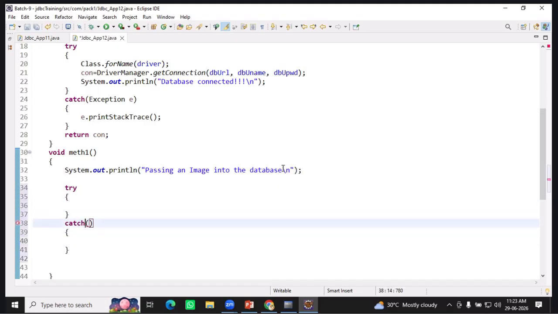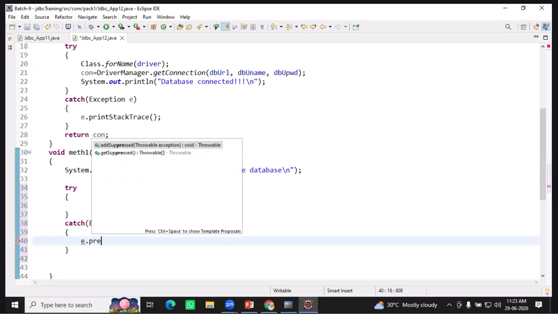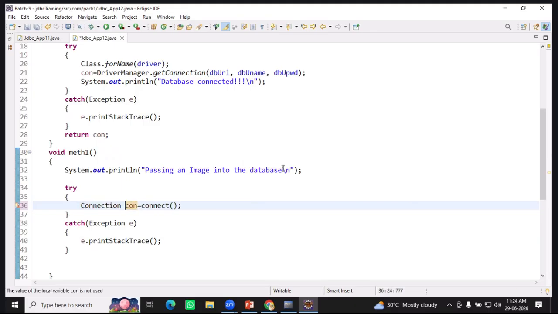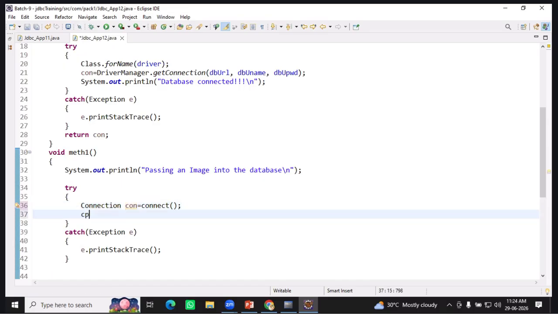catch, catch Exception e, e dot printStackTrace method. And please, you need to tell me the code. I'm sorry, you mean I need to call the connect method? Connect method, go ahead. Please tell me the code. Go ahead. Connection equal to con, belongs to connect, absolutely. After that, please, con dot